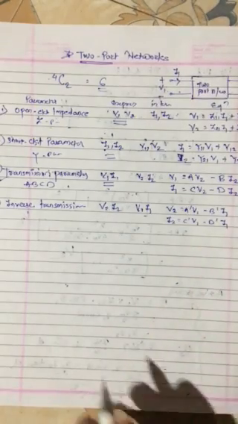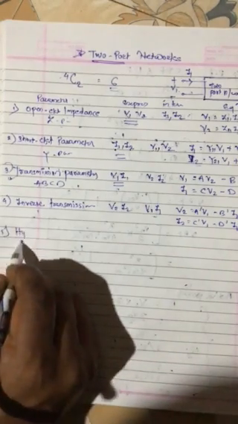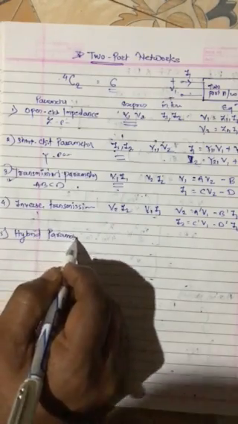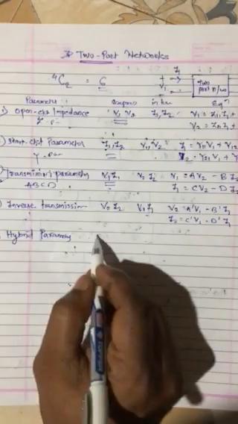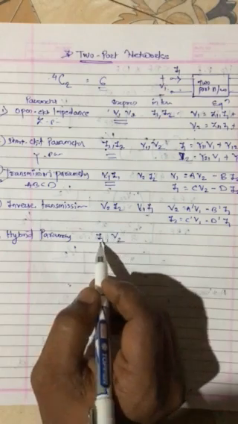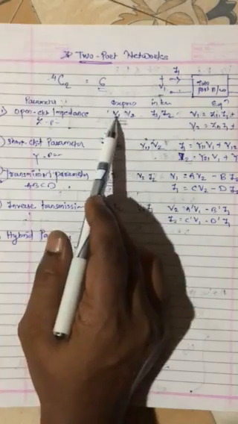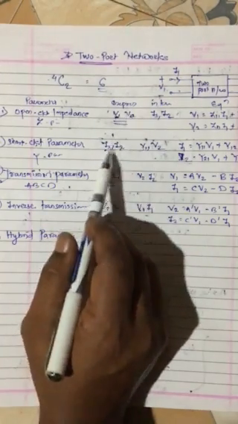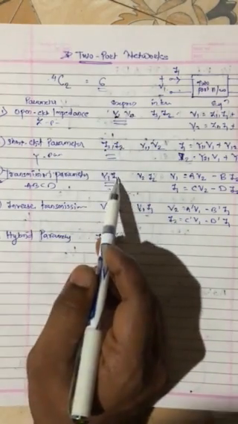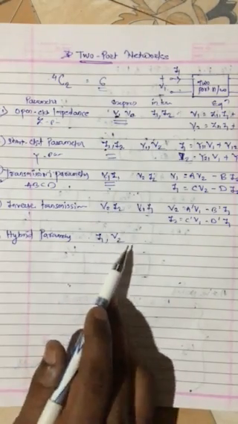This is inverse transmission. The next and important parameter is the hybrid parameter. As the name indicates, it is a hybrid, meaning current and voltage I1 and V2, that is, the current of one end and the voltage of the other end. Till here we have seen V1 and V2 together, or I1 and I2 together, meaning the same kind of parameter. Or V1 I1 of the same port, V2 I2 of the same port. And here I1 and V2.